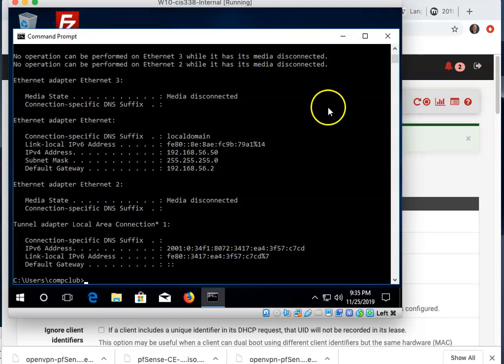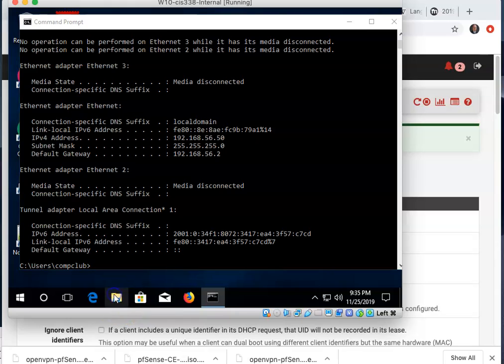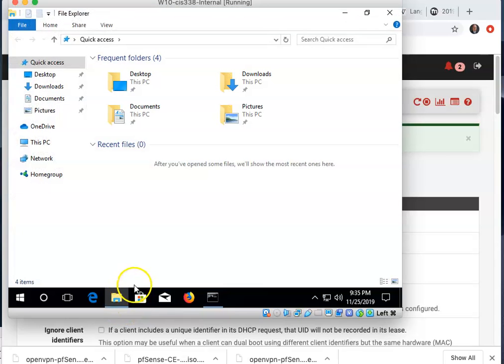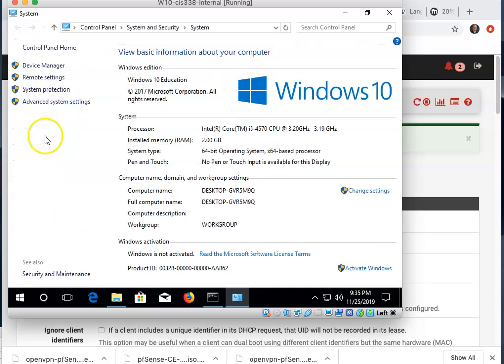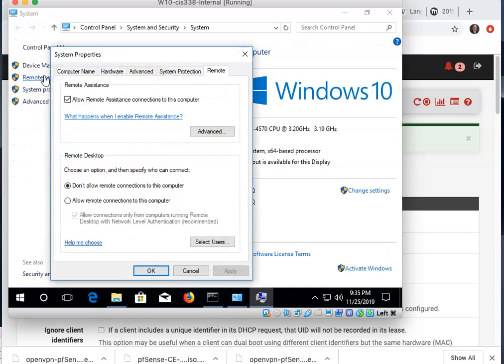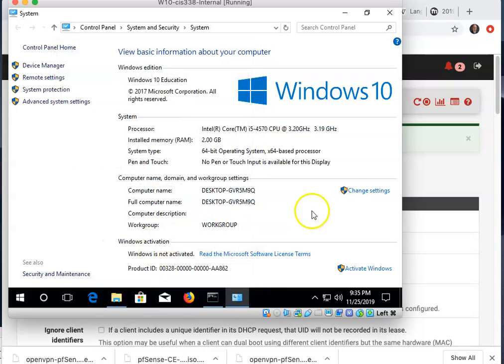Now we want to allow pings into this system and remote desktop and set up a Windows share. I found out just by trying all this that by default remote desktop actually works immediately. I can right click properties of my PC, remote settings, enable remote desktop to this computer, and click OK. And I can immediately, with that enabled, go over to my other system now,